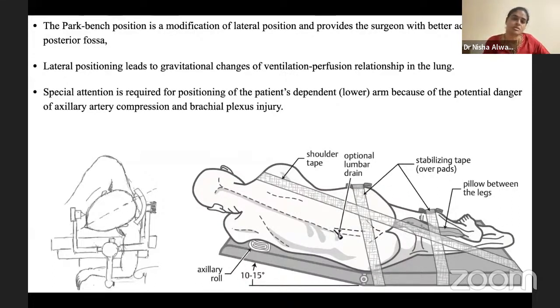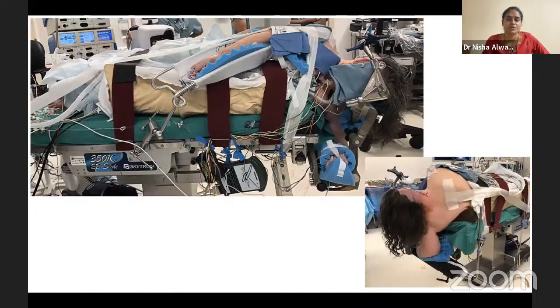All this non-supine positioning involved in neurosurgical cases, especially in the posterior fossa, has to be done in a very graded manner so as to avoid any change in the hemodynamics. Care is taken to avoid any accidental extubation as well as accidental removal of the lines. It's very important. We can see the non-dependent arm is placed like this with a lot of padding, all the pressure points are taken care of, and there is an arterial line here so that there is easy access.